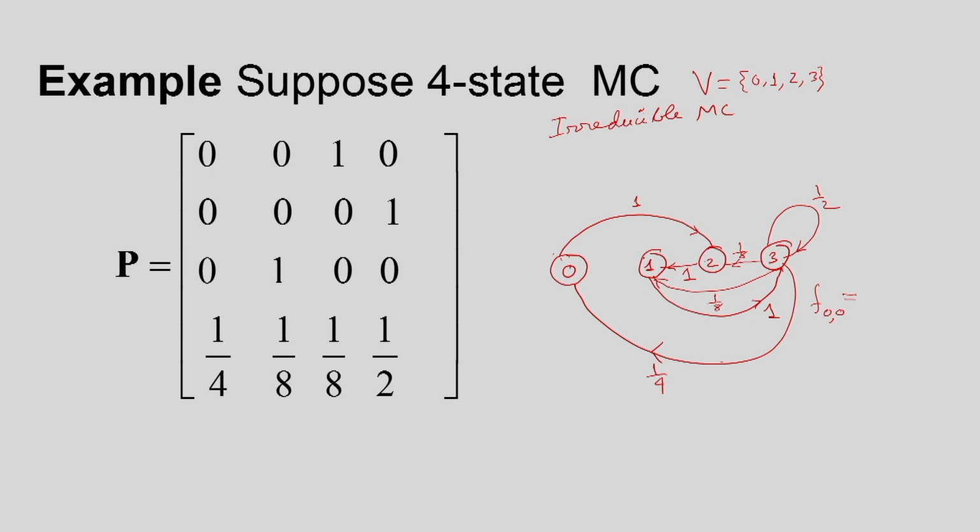What is the probability, therefore? It may come in the 4th step only. For the first time it may come to this state in the 4th step. So, this probability is 1 into 1 into 1 into 1 by 4,